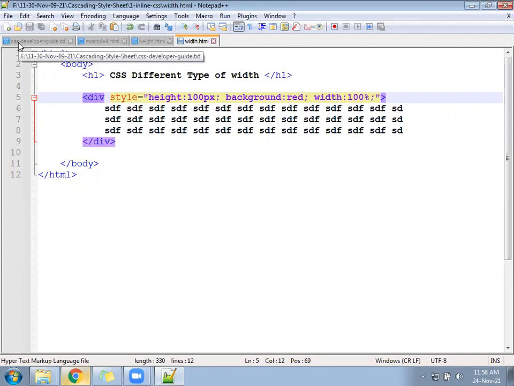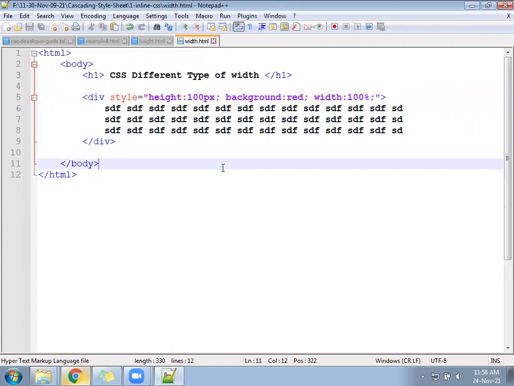So come to the developer guide and we can make a note of two options. One is called pixel, another one is called percentage.